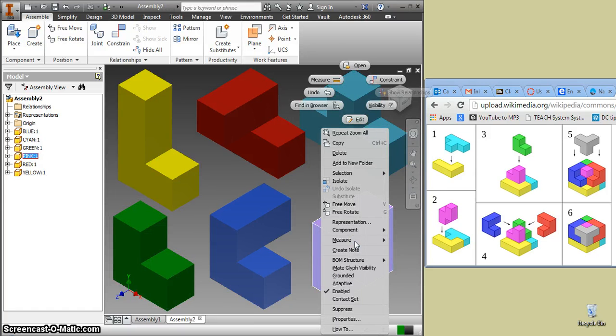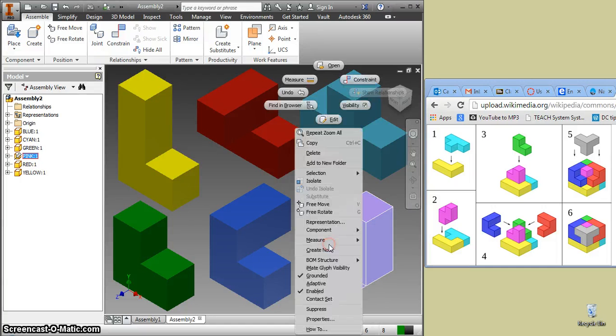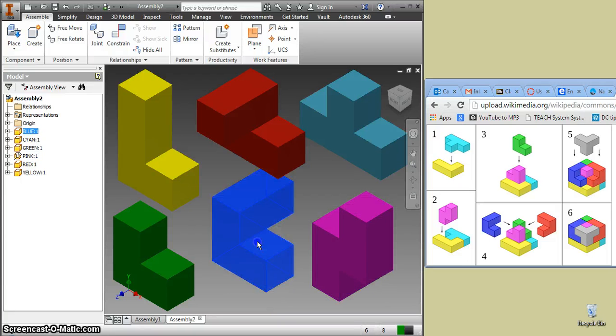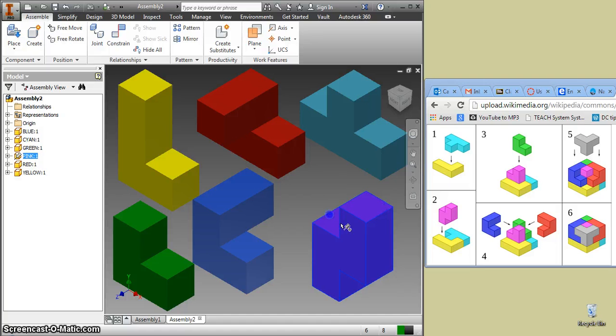So I right click and go to grounded, and now I can see when I try to click it and drag around, it won't move. I can right click and it says grounded. I also get that I can drag this one around. If I hover over this, I can see that thumbtack, which means this piece cannot be moved. Okay, so initially I can see that I have my pink piece here. I want to make my yellow piece,